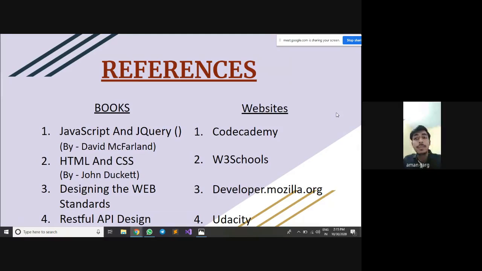We referred to the books as well, JavaScript and jQuery by David McFarland, and HTML and CSS also, but not that much, because we know that very well. And websites also, mostly we buy a course from Udacity and Code Academy to learn web development. And that's all for our project.